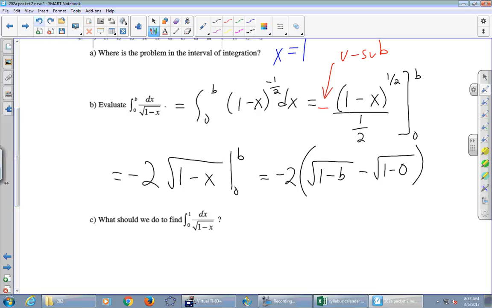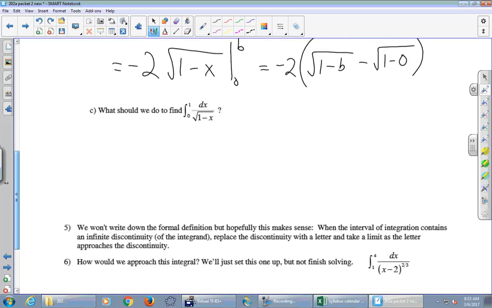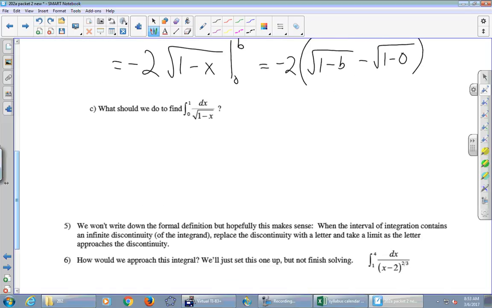Okay, so we've got our answer here. What we really wanted was the integral from 0 to 1. What should we send b towards? 1. So we send b towards 1, and let's give that a shot here. So this thing equals the limit as b goes to 1 of